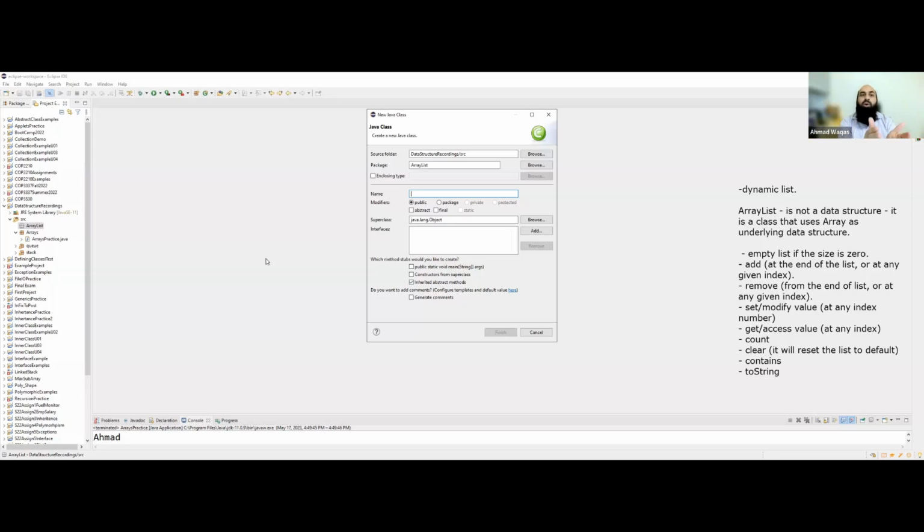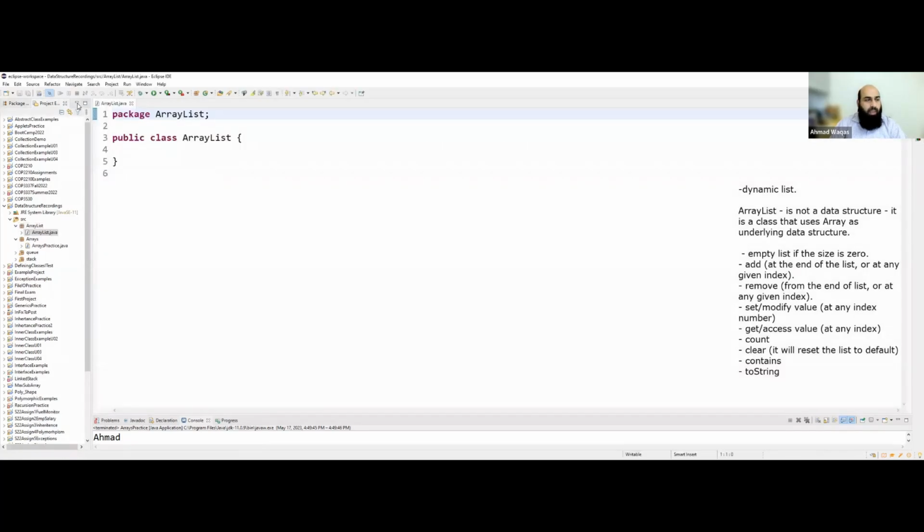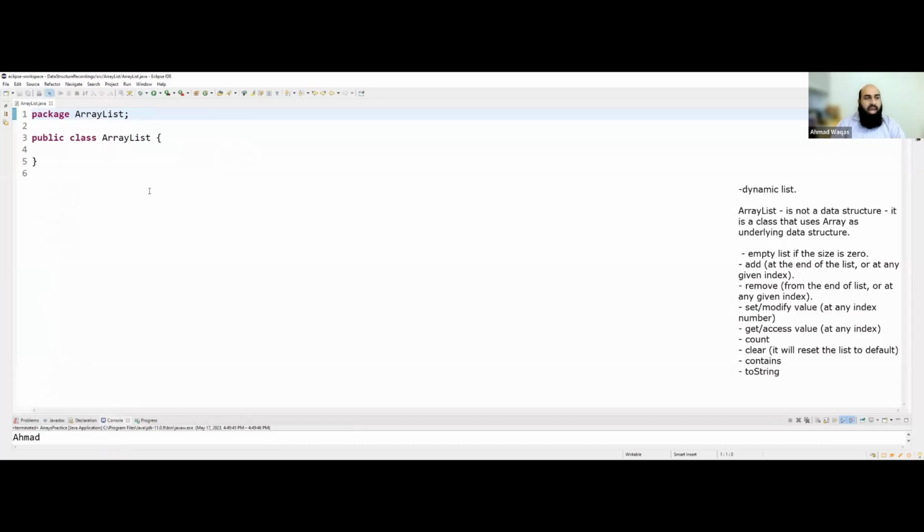You are creating your own package. In this package, you can have the same name, that is no problem. So I'm going to use the same name, ArrayList, and I'm going to create it like this. Okay, so what I'm going to do now is, first of all, decide